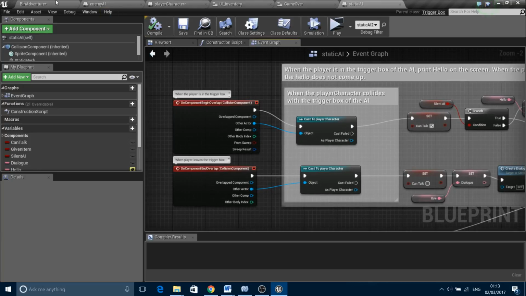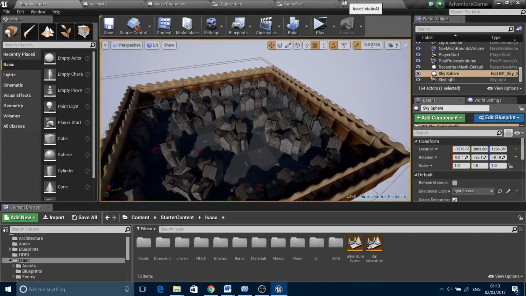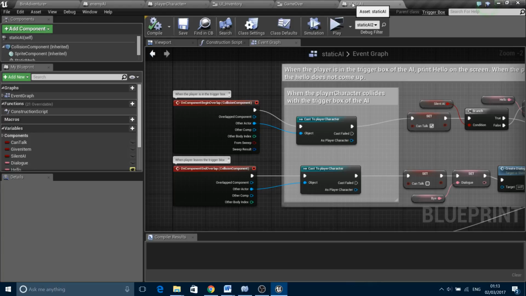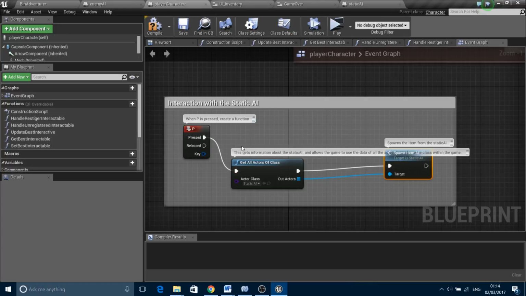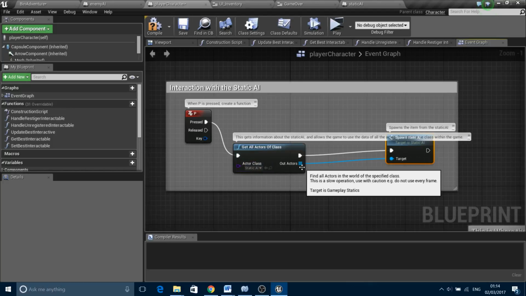And all I did was I created my static AI, and basically I created a trigger box so that when the player would go into that trigger box, something would happen, so text would appear. So here, and then we could get interaction with the AI. So here, as you can see, when P is pressed, I'll get an all access from the actor class from the static AI, and then using